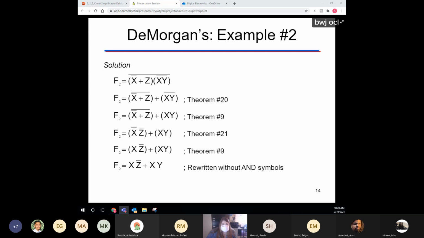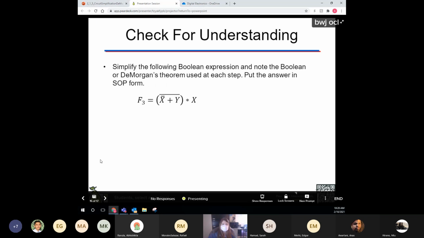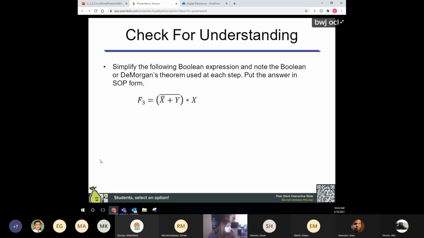Okay, I'm going to have you guys try your own next. This is the one I'm going to have you do on your own. Make sure you can write it in your notebook, or you can put it on a separate sheet of paper. So you're going to simplify this expression. You don't have to note the step or the theorem at each step,